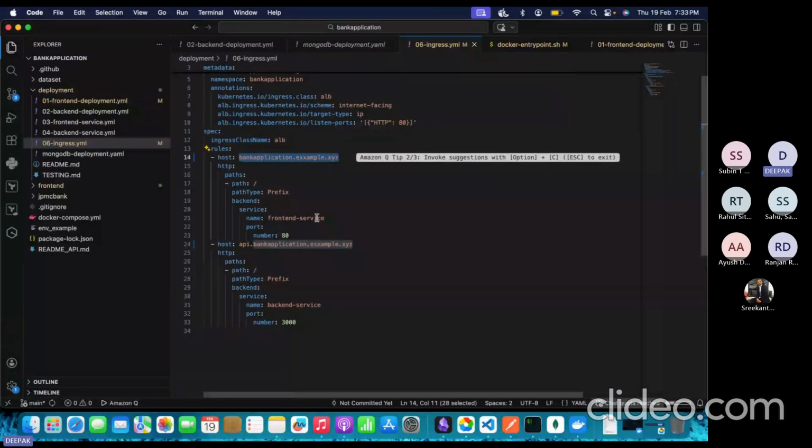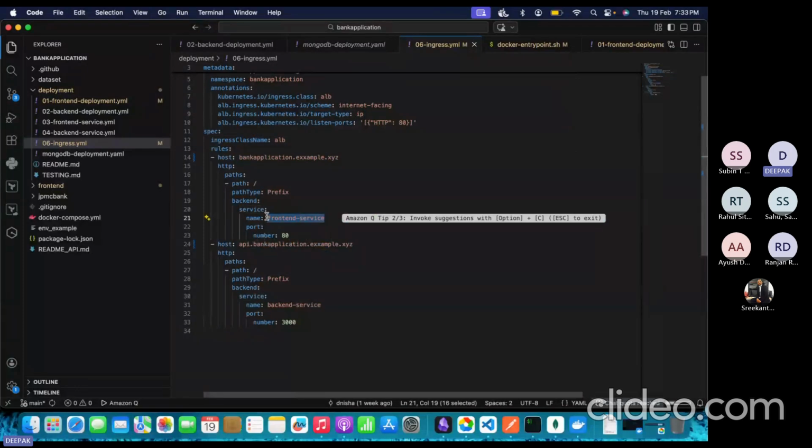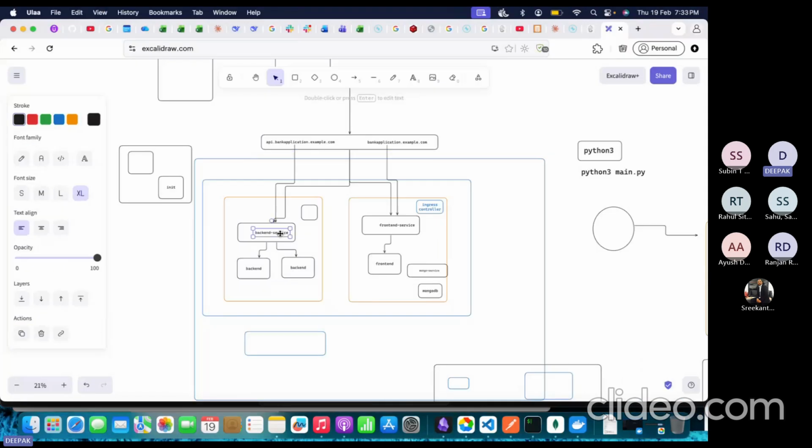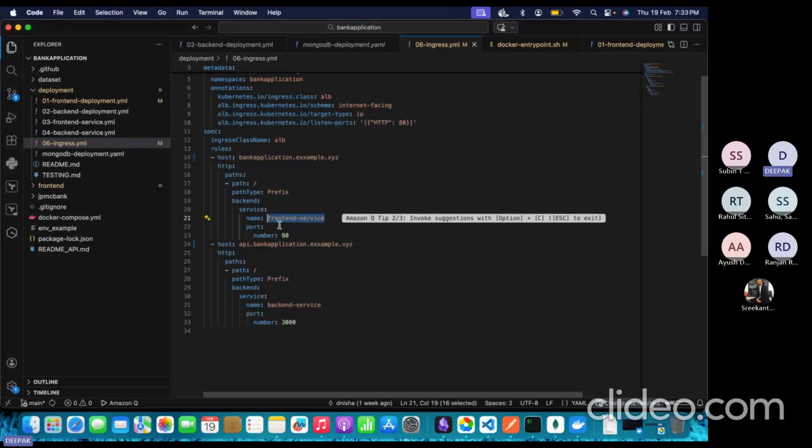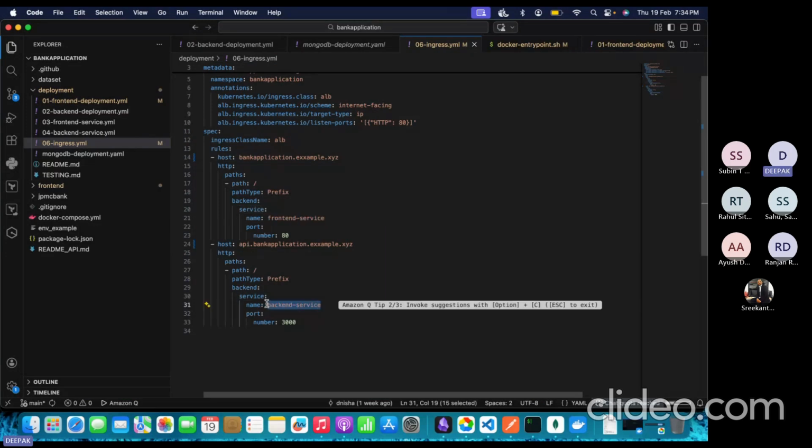If you carefully see, this is nothing but my front-end service. You deploy the deployment, and to make it reachable to another application, or to expose it, there is a service above your deployment. This is your service of type cluster IP. So this is what you have deployed above. This is your front-end service of type cluster IP. Then this is your backend service. And what you are telling through this Ingress resource,